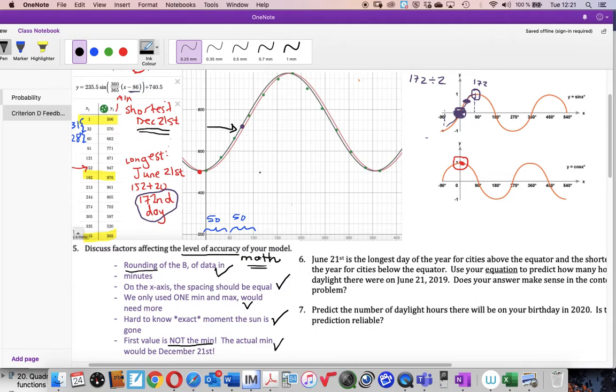So the next bit, some of you lost points for just numbers showing up, right? It says use your equation. Remember, maybe you did, but you have to show evidence of that, okay? So what we actually expected, and I'm just going to stick with my sine function here because that's the one on the screen, is you did have to actually state, well, hey, my x value is 172, and remember that's because June 1st was 152, and we're adding 20 days to that. And then you just actually had to show that step